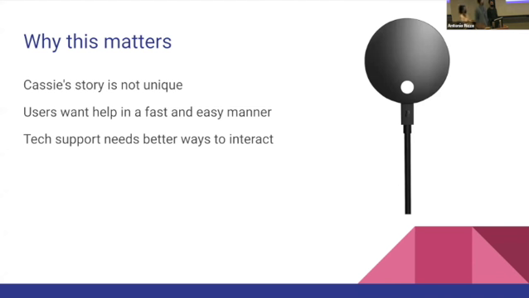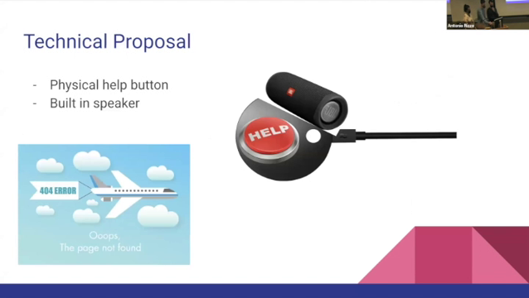So why does this matter? Cassie's story is not unique, and it's far from it, actually. We may be slightly biased because we're all in technical fields, but especially in the age of Zoom and hybrid learning, fast tech support has become more important than ever. And live help would drastically decrease wait times and help students focus more and give more time back to the professors in class. Instead of wasting time waiting for the WashU tech team or hoping that professors can diagnose the problem themselves,